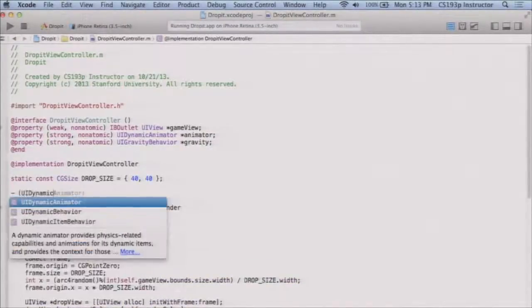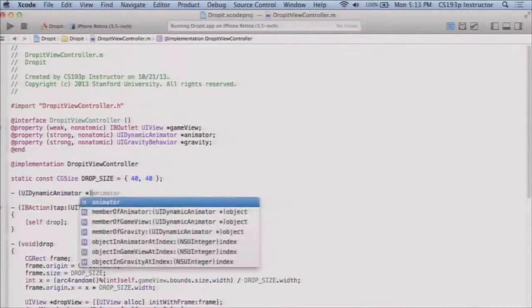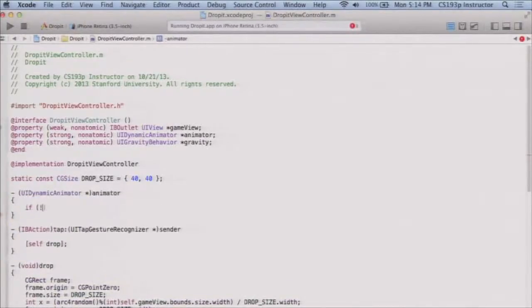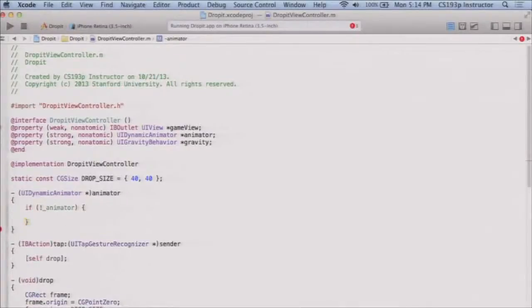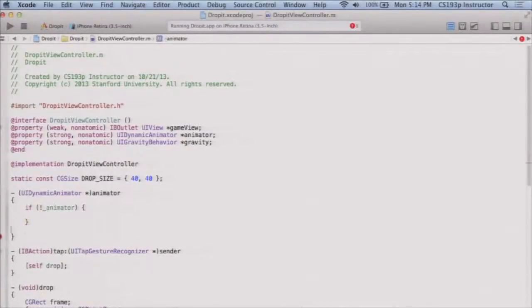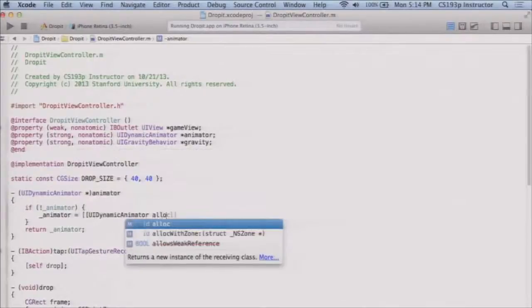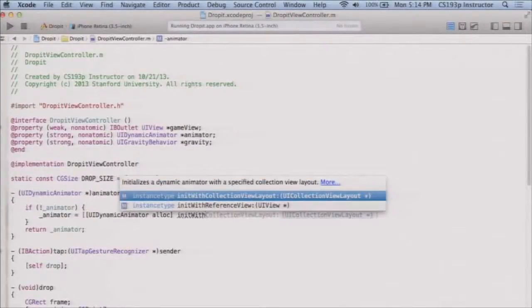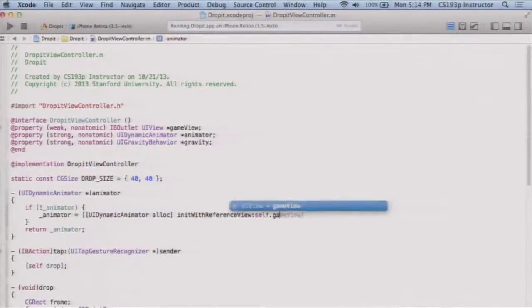So let's get our dynamic animator. If not animator, then I want to create one. Otherwise, I'm going to return it. Okay, so as I said, when we create the animator, it's just UIDynamicAnimator alloc initWithReferenceView. And the reference view is just our game view, right? That view that I dragged out, that generic